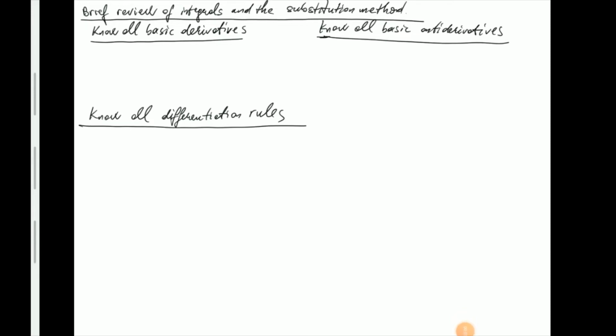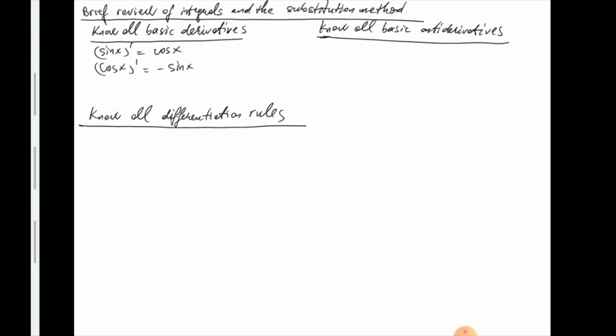Okay, so obviously from calculus 1, before we start with calculus 2, make sure you know the basics. Make sure you know all basic derivatives, and just in case there are some hiccups on that, make sure you have tables of derivatives and antiderivatives with you in case you forget a rule. I'm not going to list all basic derivatives here, but obviously the ones that you will encounter more often. I'm not going to write the trivial ones, but for example, the trigonometric derivatives, sine, cosine,